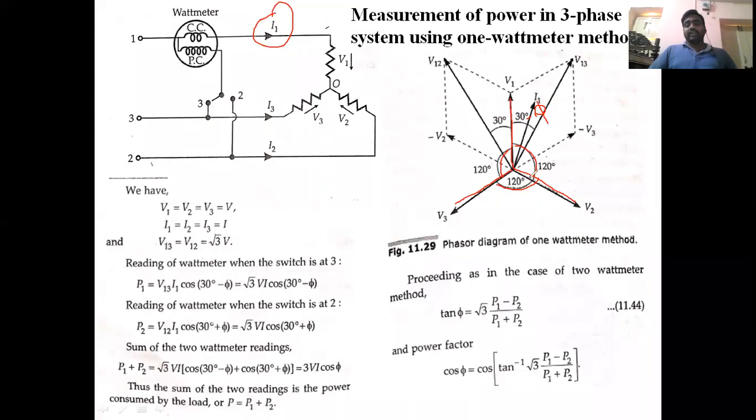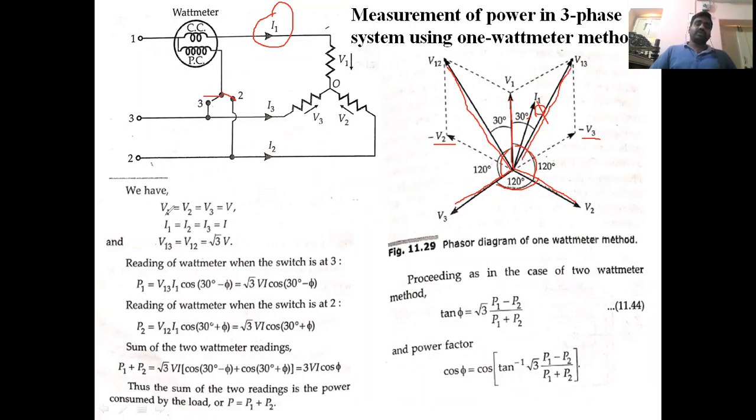Identically, if we shift the value of V2 in the opposite direction, this is the value of V2, and if we tilt it in the opposite direction, it will be minus V2. Similarly, V12 between V1 and V2 is the voltage across the pressure coil if studs 1 and 2 are connected, drawn here. If the stud switch is connected to 1 and 3, the behavior of V13 is represented here.